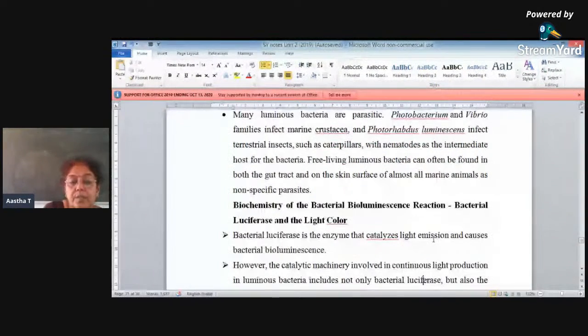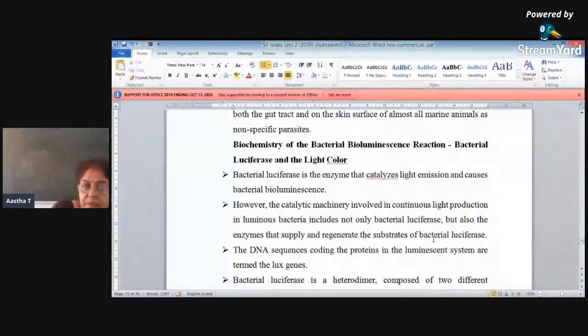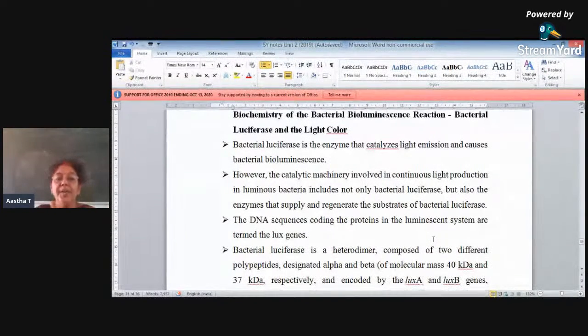Let us see why this luminescence is observed. What is the biochemical reaction involved in this bioluminescence? That is because of, I already told you, the enzyme luciferase, bacterial luciferase. So bacterial luciferase is the enzyme that catalyzes the light emission and shows the bacterial bioluminescence. It is the enzyme which carries out the typical reaction required to produce that light. The catalytic machinery involved in continuous light production in luminescent bacteria includes not only bacterial luciferase but also enzymes that supply and regenerate the substrate for